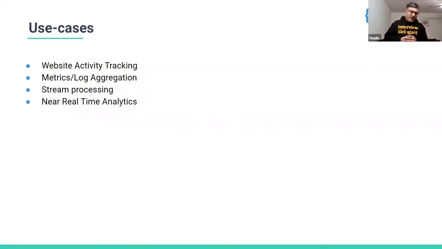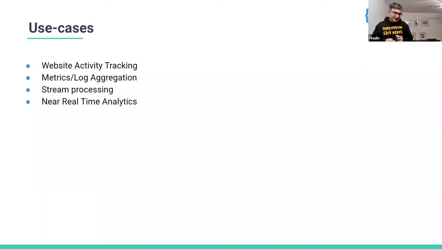Another use case is to do near real-time analytics on the data that you collect on your platform, which before the Kafka world was typically done with ETL batch job workloads, where you would move the data from the site to an analytics platform, and in a range of hours or days, you might get some results. However, with Kafka, that has changed a lot. You get the data in real time, and then you can run your analytics and make your business decisions quickly based on that live stream data.